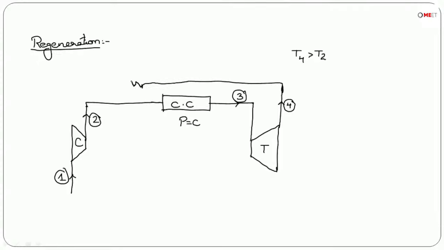So this regenerator is nothing but a heat exchanger. This regenerator is placed in between the compressor and the combustion chamber, and in this regenerator or heat exchanger, what happens is, at constant pressure,